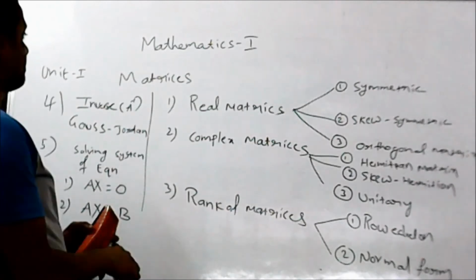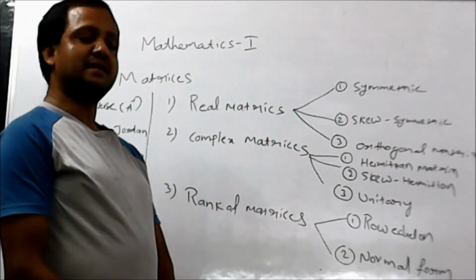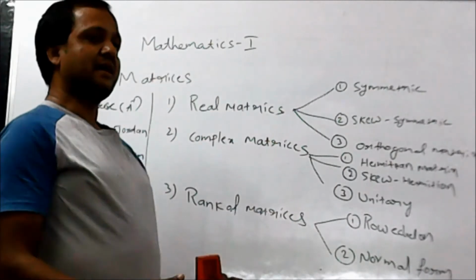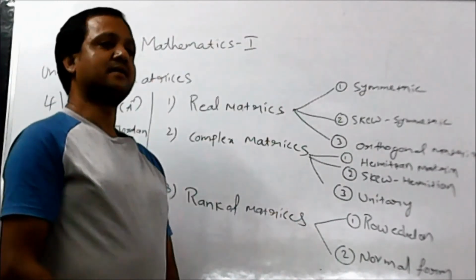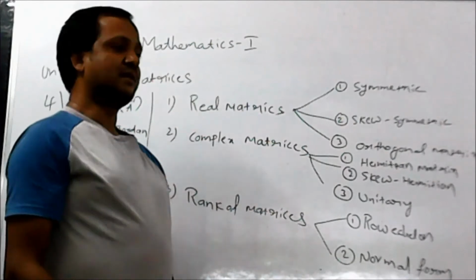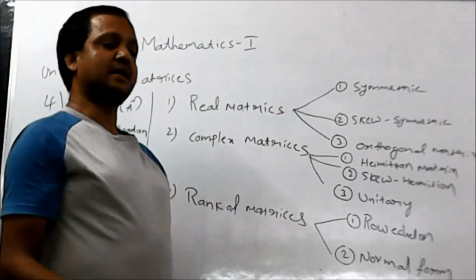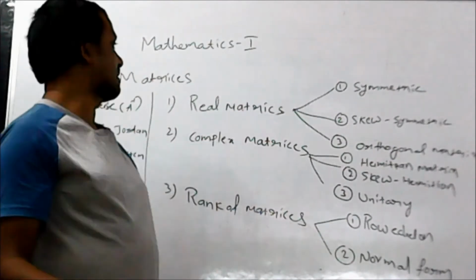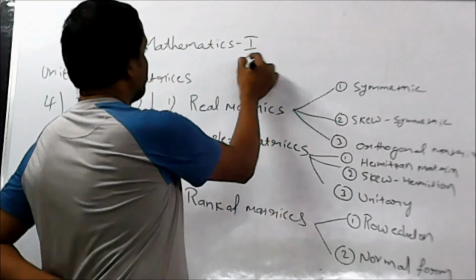So now I am going to explain about real matrices. Way of representation of elements in particular order is called matrices. You can represent in terms of rows and columns. So what is the use of representing data? It will give you information. If you arrange them in a particular manner, it will help you in future to analyze the data. So what is the matrices? Arranging elements in rows or columns.